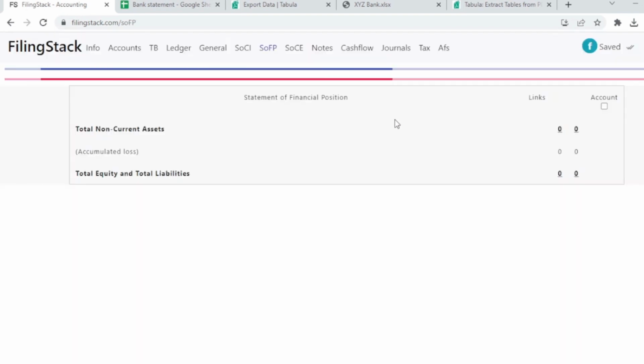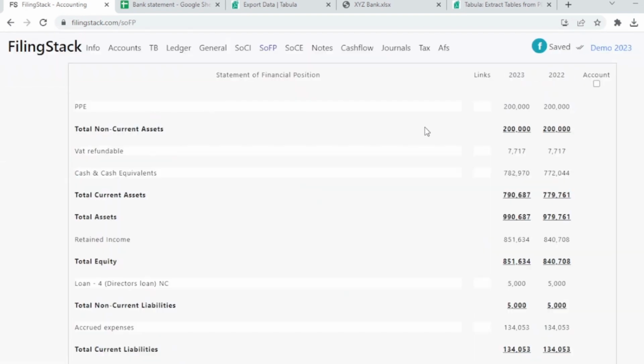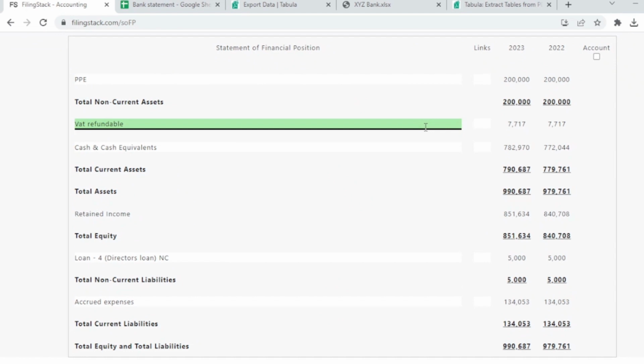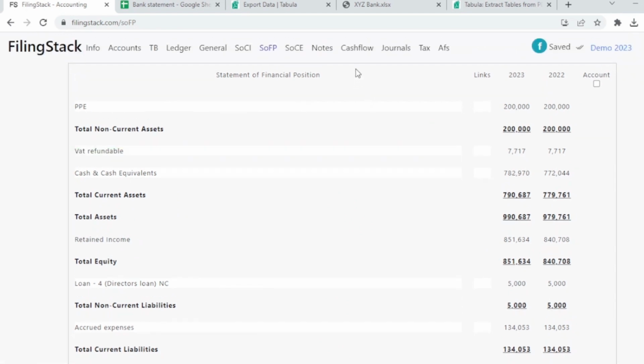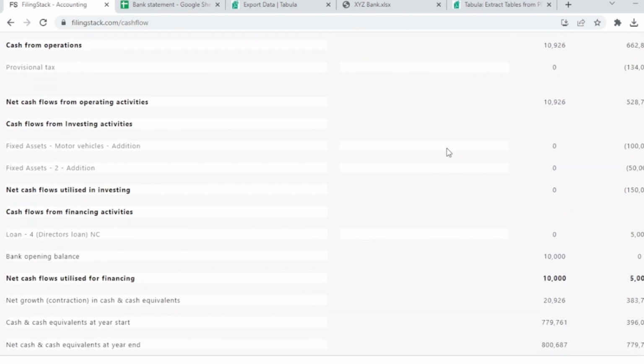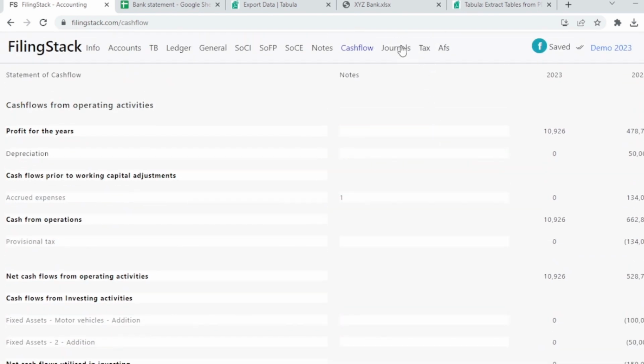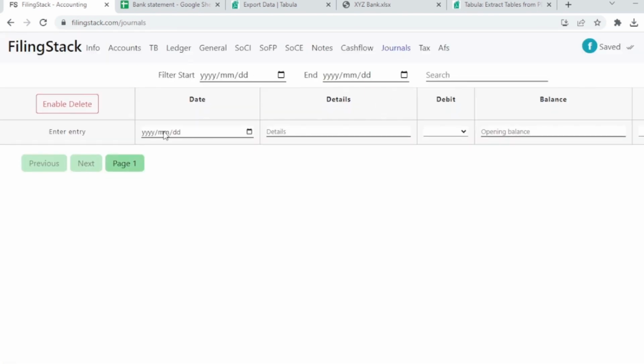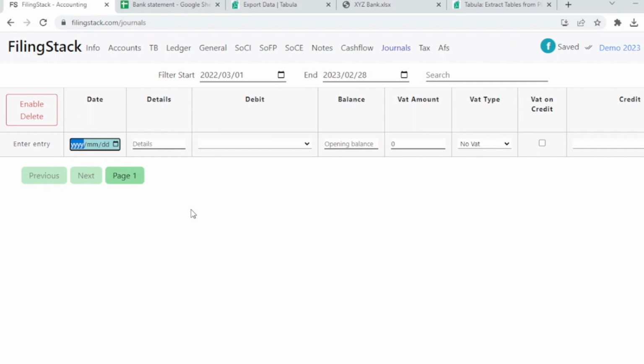I can also view the balance sheet or statement of financial position for this company. And FilingStack also generates a statement of cash flow. And I can also pass journal entries. For example, if I'd like to add, let's say, a tax charge, so I can add it at the end of the financial year,